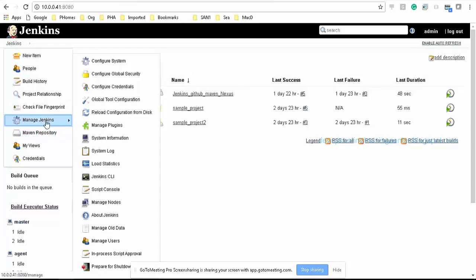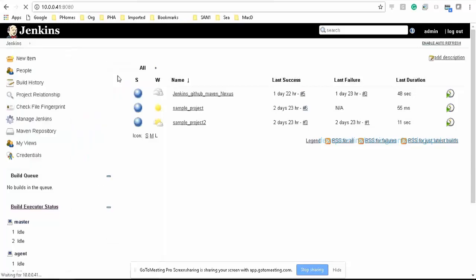Sure. Yeah. So manage Jenkins, under manage Jenkins, I think it's under security. Yes, security.